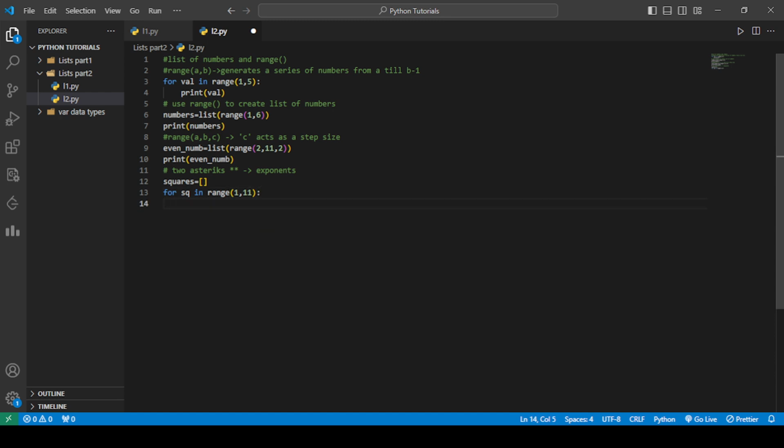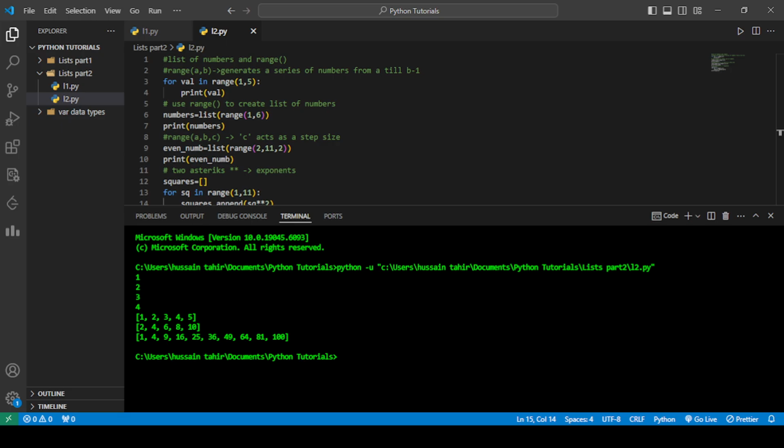So what I would like to have over here is that I would simply want sq to the power. By the way, we could simply append squares dot append sq to the power 2. Yeah, so now this would simply give us squares of the first 10 numbers, and now when I print squares,